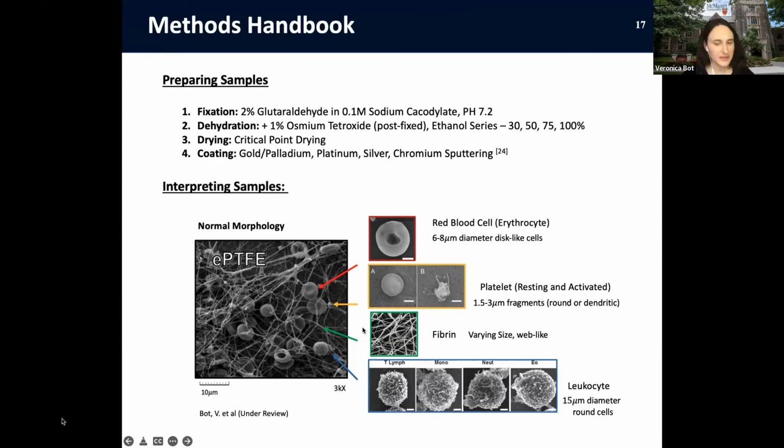Fibrin is pretty self-explanatory. It's a polymerized web, so sort of like a spider web. It should be easy to spot. If this is not present in your image, it could mean you did not give adequate time for the clot formation to occur. It could mean there was a problem with the recalcification of your citrated blood sample if you used a citrated blood sample, or it could mean you had a defibrinated plasma sample. But this is something you should know ahead of time when you collect your perfusion sample or your assay sample.